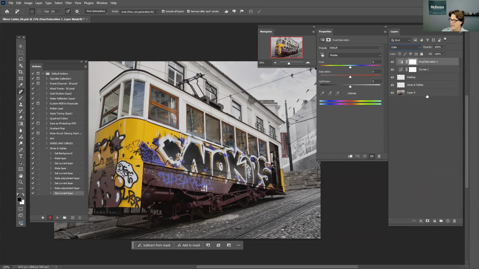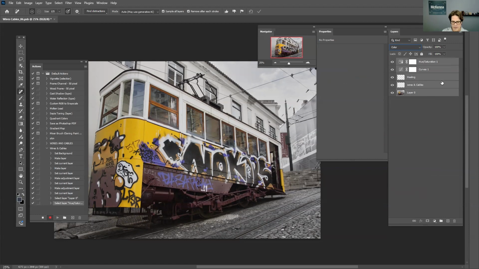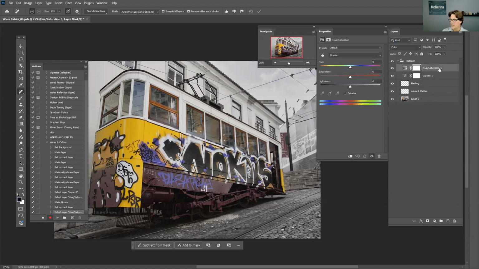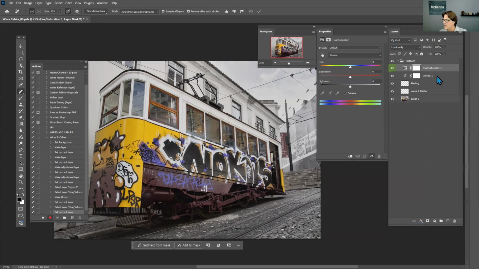But I am going to put them all into a group, and that's just this button right here, or Command or Control G, and this is retouch maybe. And I'm doing all this because when we play it, you'll see that it's going to name these all the same. And let's say I want this to be a certain color like green,